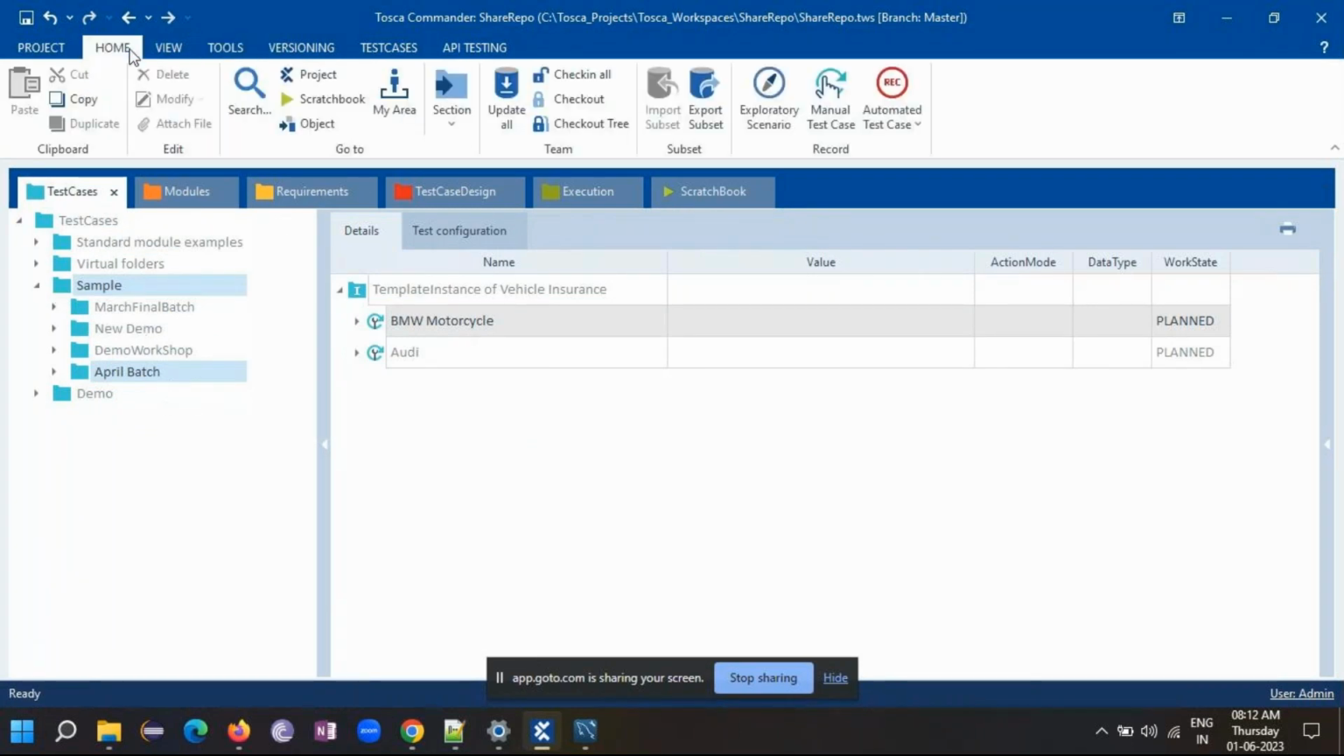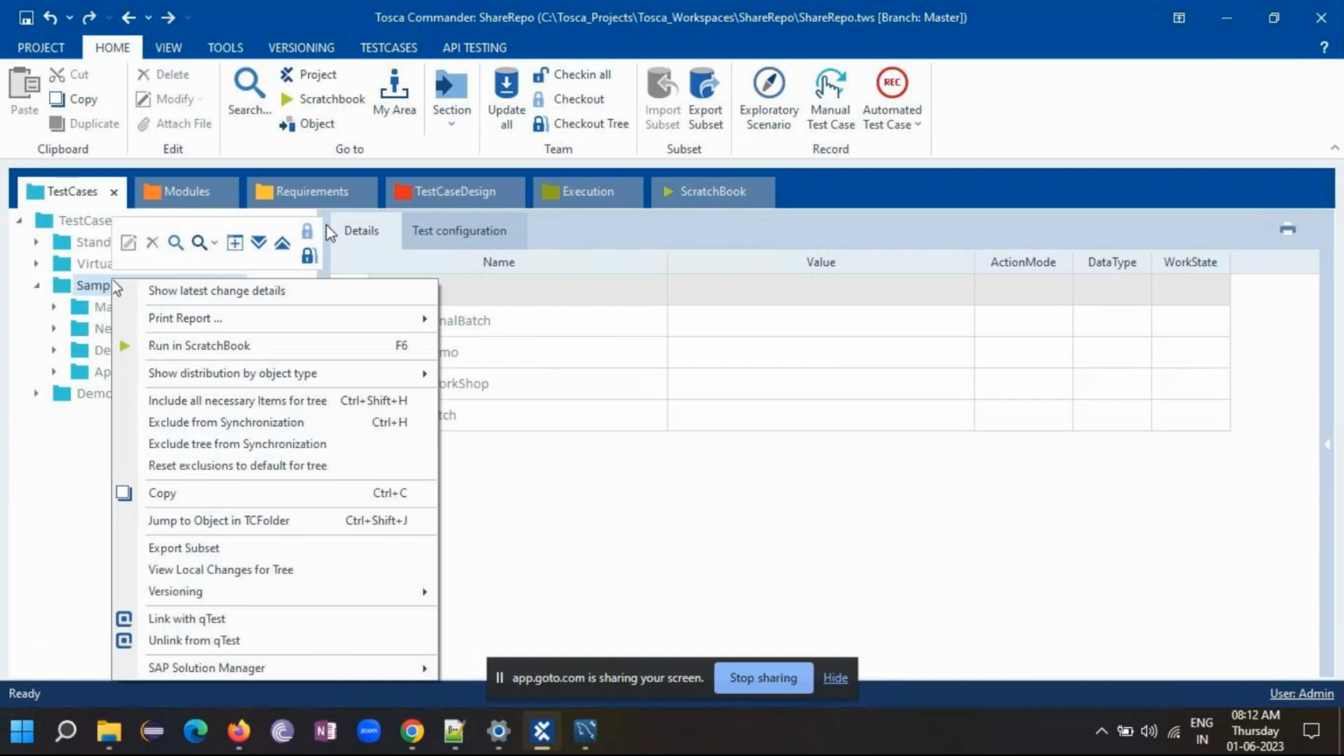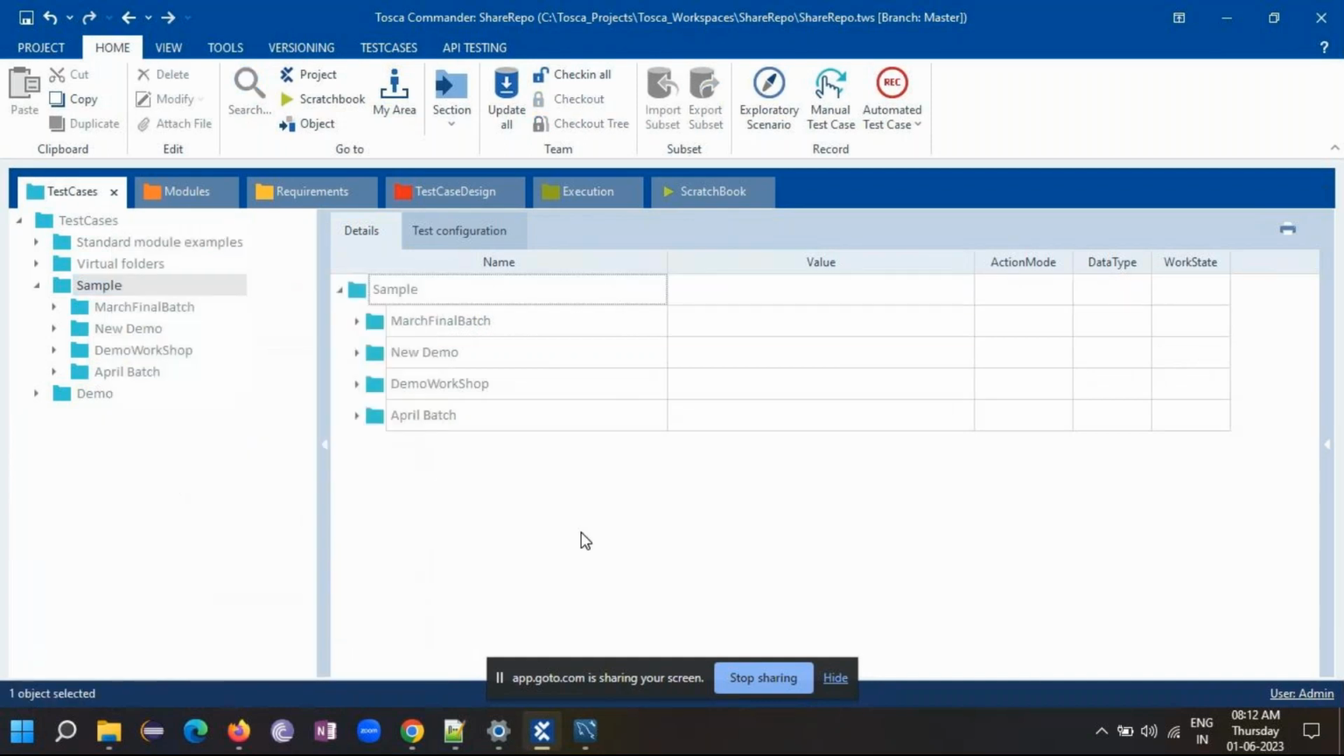So what I will do, I'm going to quickly create one test case for you. I'm talking about the Selenium. You showed that a few minutes back. We can execute the